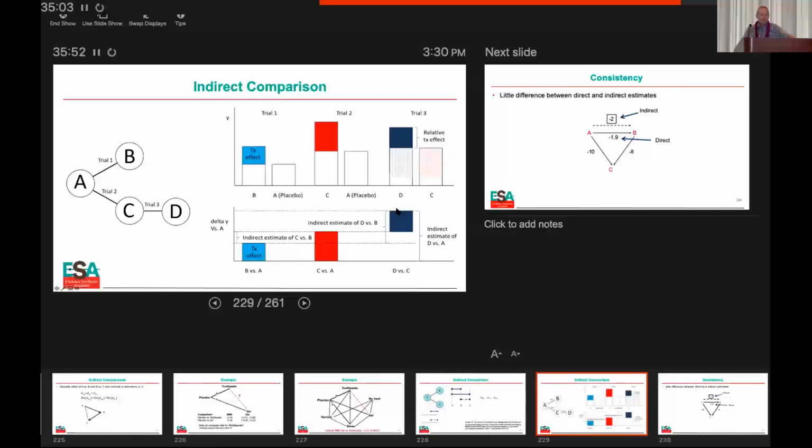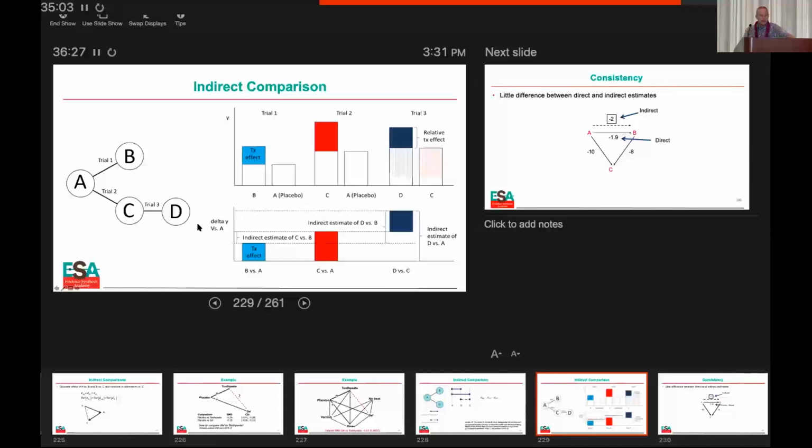Here's the effect of this is C versus D. And this is C versus A. So this whole sum here is A versus D, right? And likewise, this would be C versus D versus B, okay? So we're just basically combining these things together. We're using these connections to say that B versus C is just the difference between these two, and